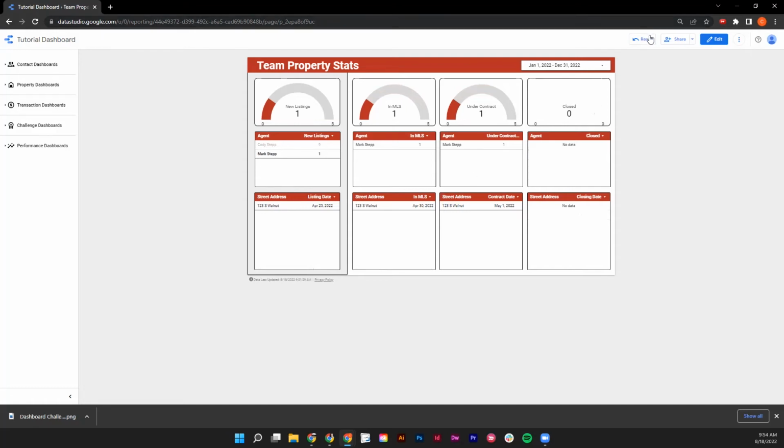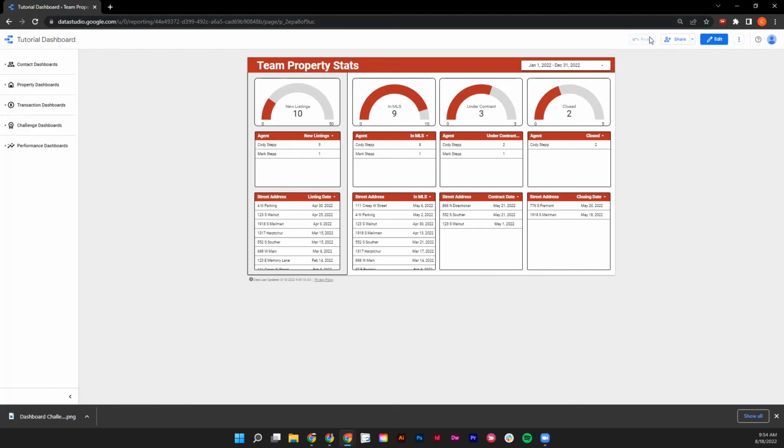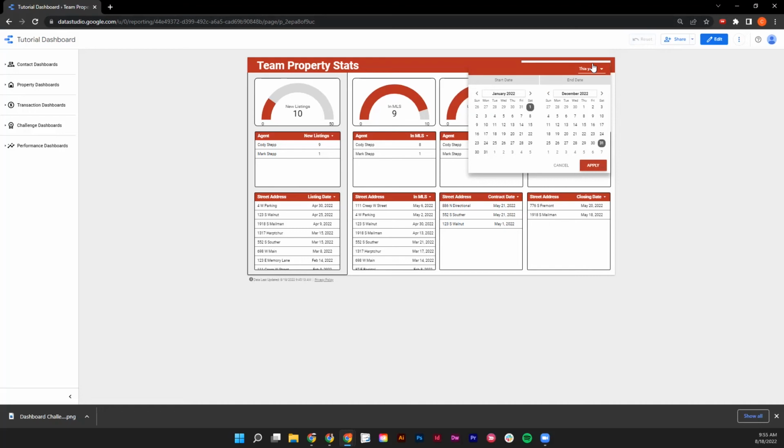Now, the last really cool thing that you can do in the Team Property Stats dashboard is on the far right-hand side on the very top, you have a drop-down menu that allows you to sort by any given date range so that you can better understand how your team's efforts are scaling over time to contribute to your team's